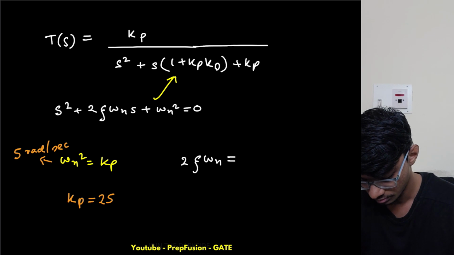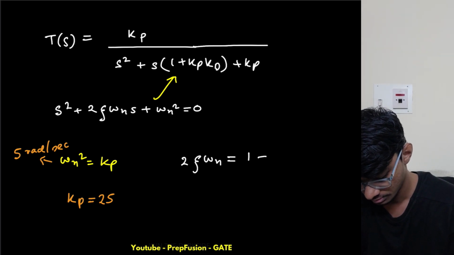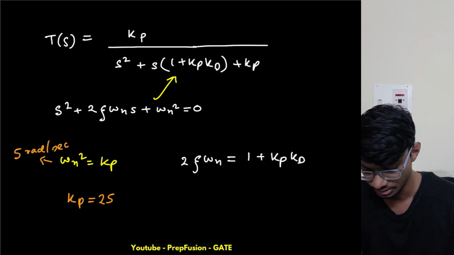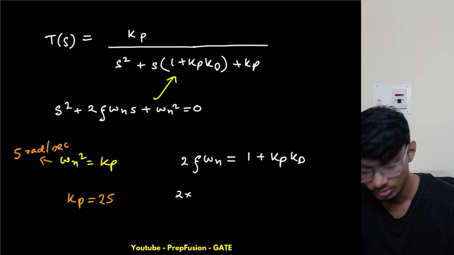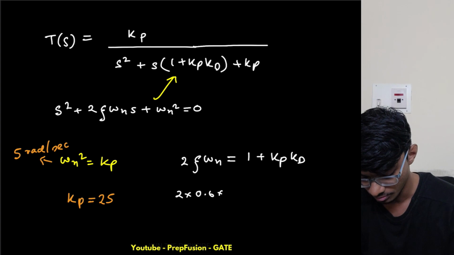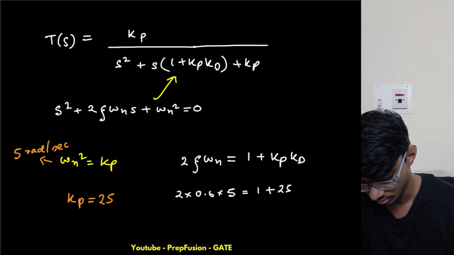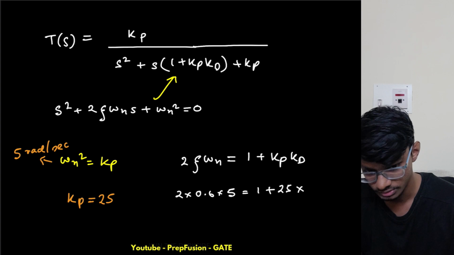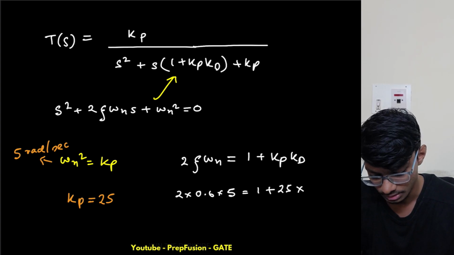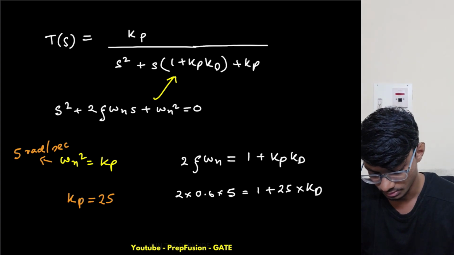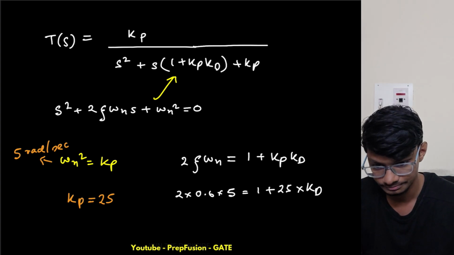will be equal to 1 plus Kd, right? So zeta is 0.6, okay, and omega n is 5, and this is 1 plus Kp, which is again 25, and into Kd, right? Kd is simply Kd only. I have to find the Kd, right? So now what should I do? Simply